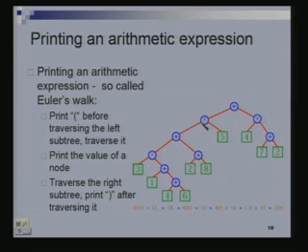So recall that every node was visited thrice. When I am visiting it from the left, then I am essentially going to print a left bracket. When I am touching it from the right, I am going to print a right bracket. And when I am touching it from below, I am going to print the content of this node. So if you do that, then you will get exactly this.